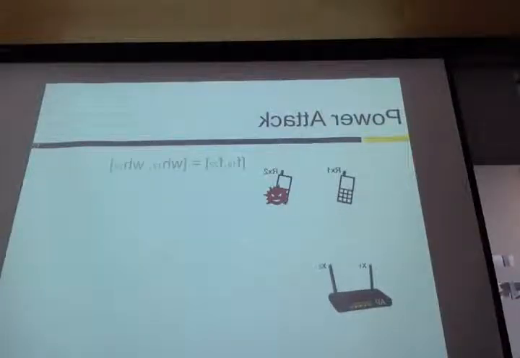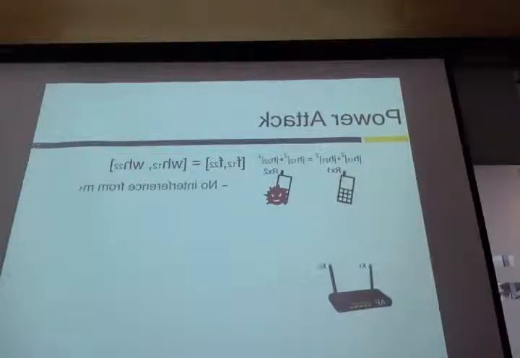To do that, one proposal in this paper is to select a forged CSI as a weighted version of its original CSI. This selection is to ensure no interference from message N1, because we don't change the direction of the beam. We just scale it up or down. Then we have a simple example here.